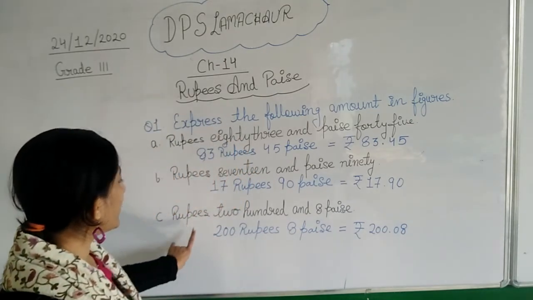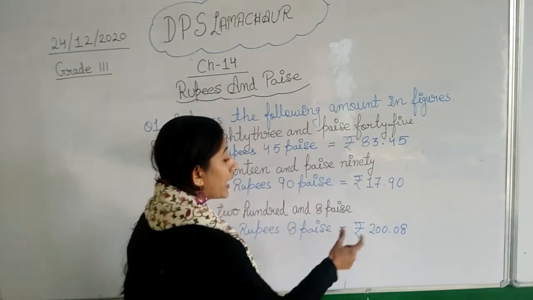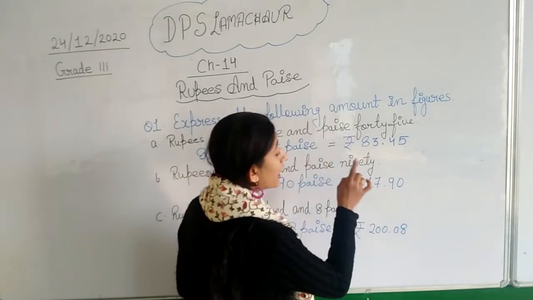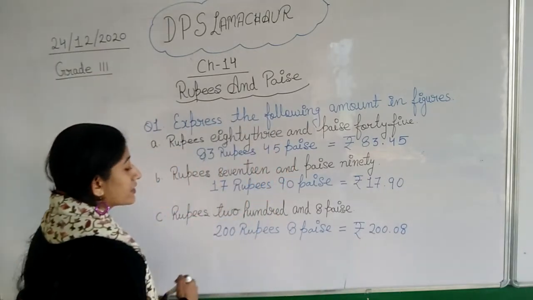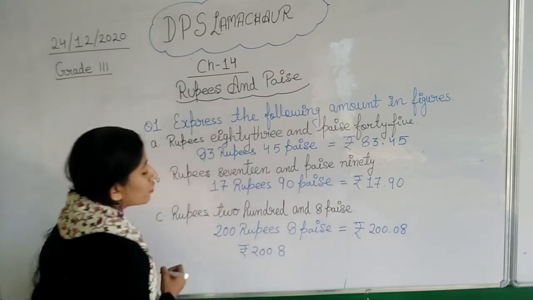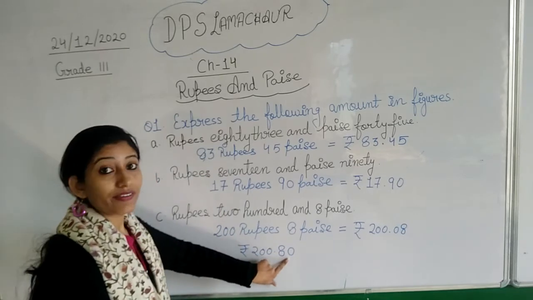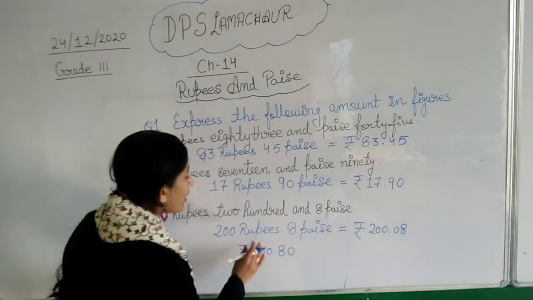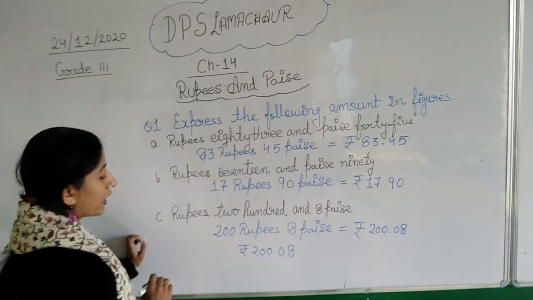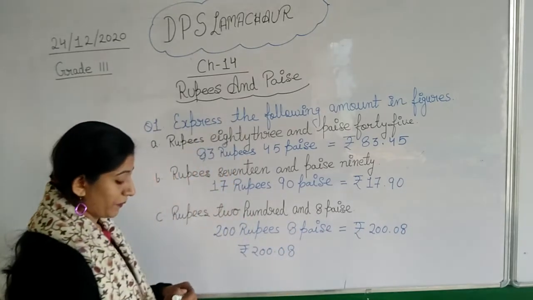It is written rupees 200 and 8 paisa. See, singular number, 8 paisa. So to write 8 paisa, what did we do? After the point we write 0 then 8. If we write 8 directly after the point, suppose I am writing it like this, 200.8, then after the point 0 can be there, it will become 80 and our answer will become wrong. So that's why for writing 8 we have to put first 0 and then 8. Okay, so in this way we have to write rupees 200 and 8 paisa.